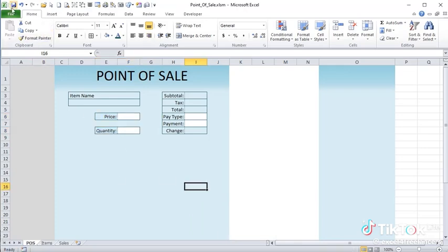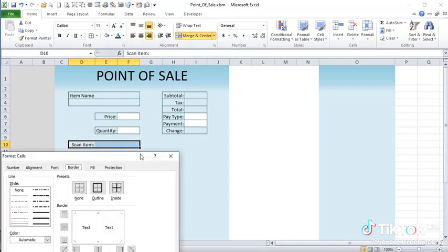Let's save our work. And I also want to scan the item. Of course, we're going to be scanning the item. That is important, so we're going to put that here. Let's just put scan item here because I want to put a little bit larger in case it's a larger number, and then left justify it. Let's put in a colon, keep it consistent. See, we like consistent here. And then right justify that and do the same thing here. So let's make this white and again put the same borders around that, formatting the cells with the border